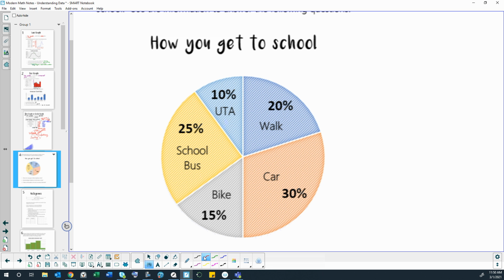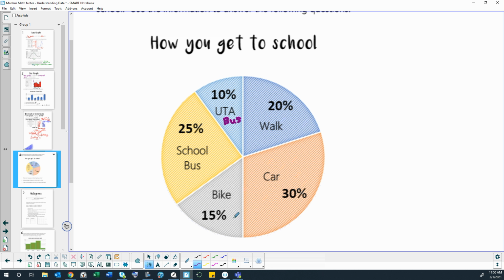UTA stands for Utah Transportation Association or something like that. And so this would also be a bus, especially if we considered it being maybe our school, because there's no tracks or FrontRunner stations close by, right? So I would suggest that that would also be a bus, and you'll see why that's important when we get to the questions. So we've got school bus, UTA bus, we've got students that are walking, students that drive a